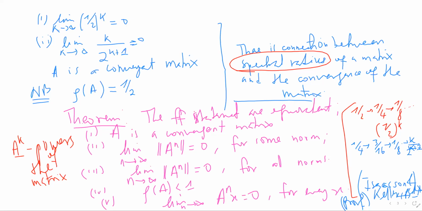And it tells us that the powers of the matrix, as the matrix grows, all its entries become smaller and smaller, and they approach 0. This is very important because